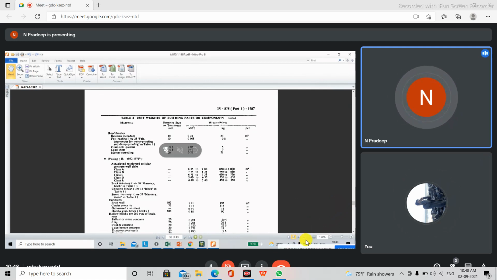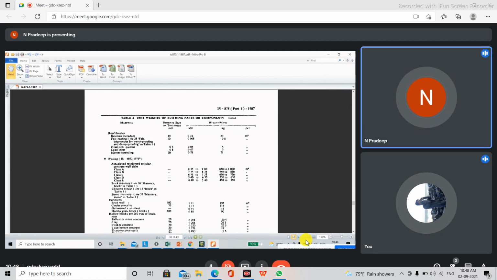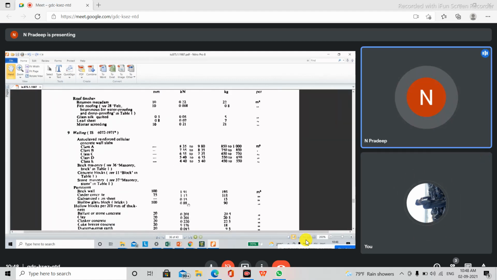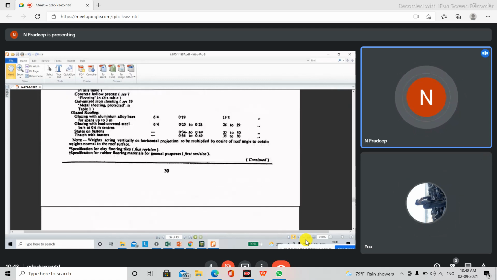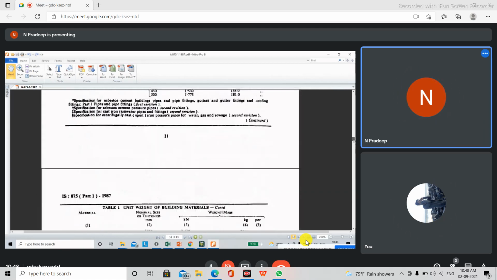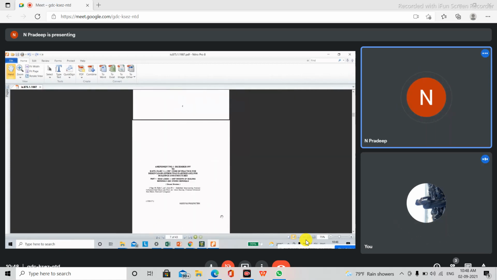So weight in kilonewton in terms of load has been given. The brick wall thickness is 100 mm, which is almost 10 centimeter, so that is about 4 inch walls. For that, the load value is 1.91. You can either see it here, or in the top itself, for brick alone, it will be separately given.